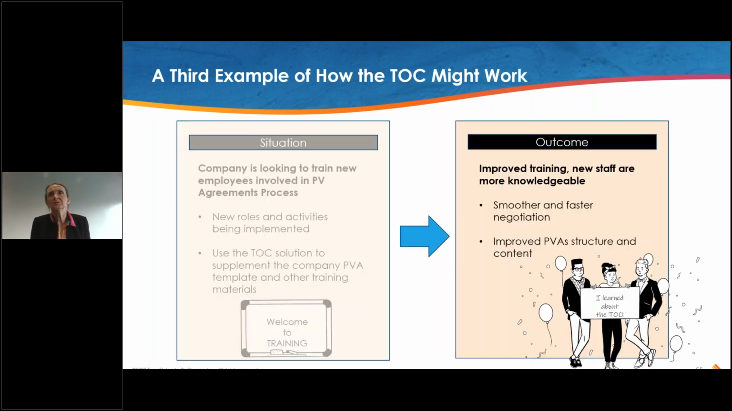So here it could be used because as adults, we want to go away and look at our own things. So take a look. It could be used for training, improved training. Staff can become more knowledgeable. There could be smoother and faster negotiation, and also improving the PV agreement structure and the content as well, and the speed, because people remember what to put in. So let's now move to the next slide,